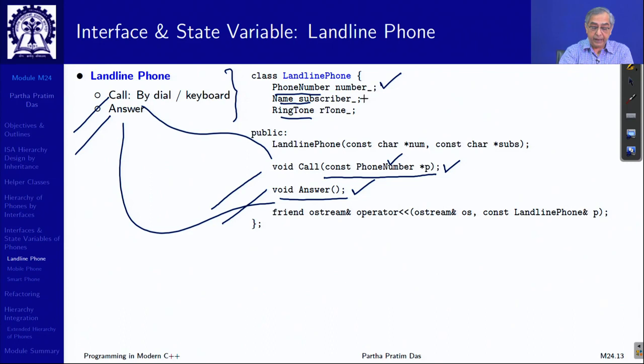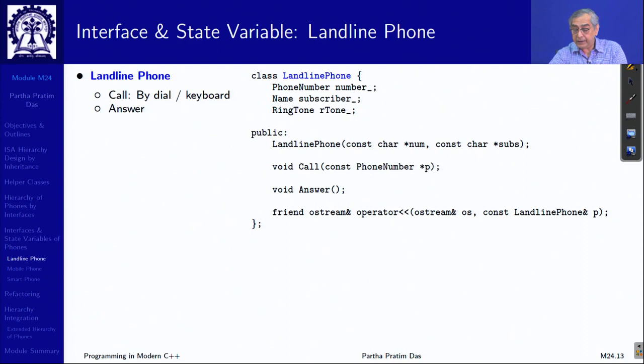Naturally, I have to have my name as a subscriber, and possibly I will have a ringtone. Maybe in a landline it is not settable, so it does not appear in terms of the interface, but maybe it will have a default value. So, what else do I need? Naturally, I will have a constructor. When I get the phone, I construct my landline phone object with my number and my subscriber name. Ringtone I have kept optional. So, this is the basic rationale of a very minimal design for the